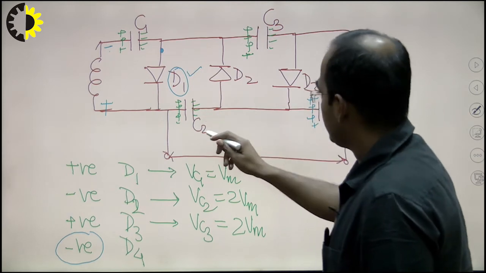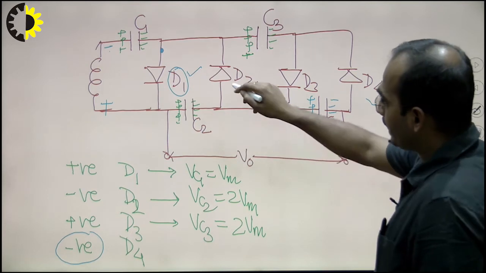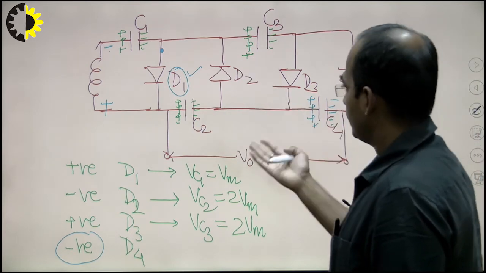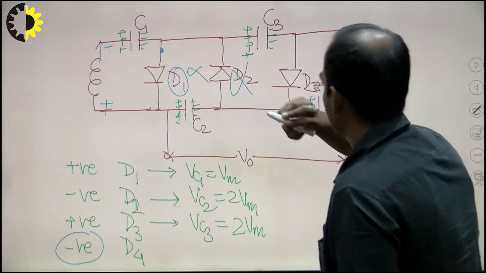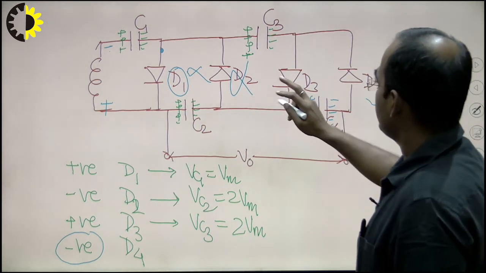And again you can see that here the positive terminal, or P side, of the diode is connected to the negative terminal of the battery, which will make this diode D2 reverse biased. So, this diode D1 will not conduct, and this diode D2 will not conduct. Now, come to the diode D3. How is diode D3 not conducting?